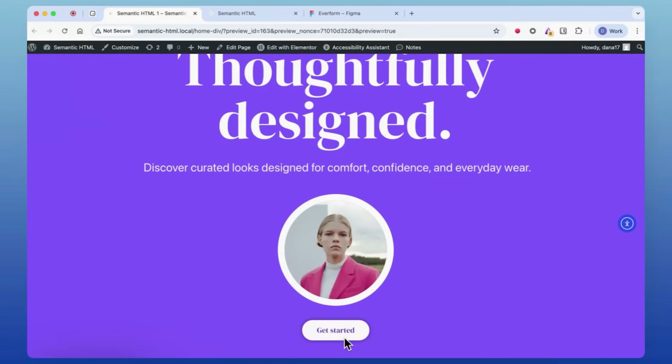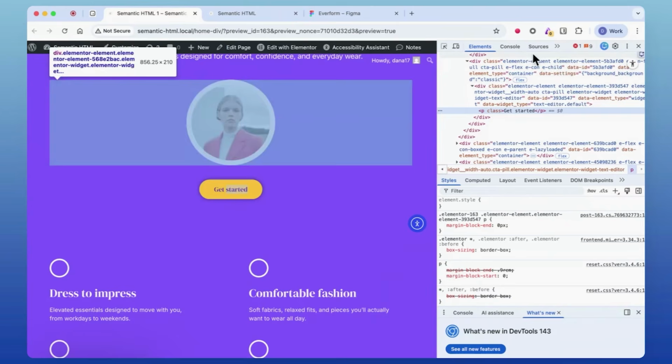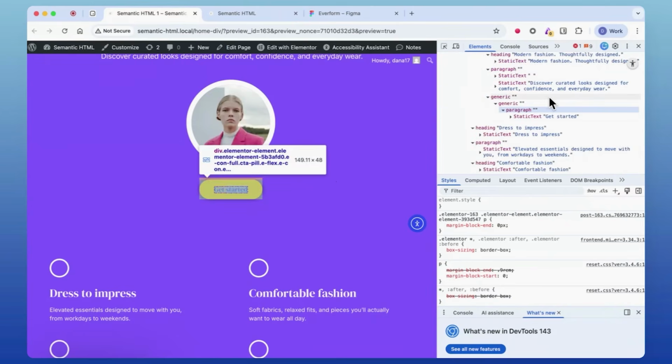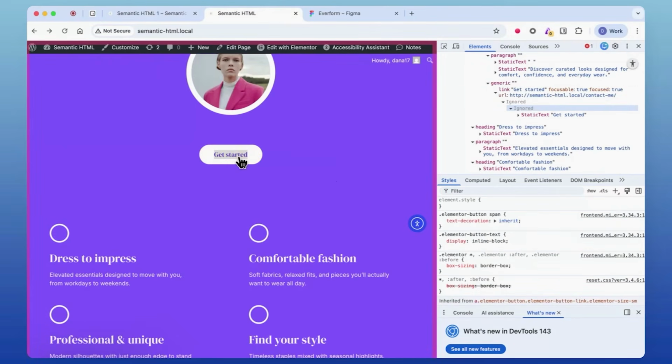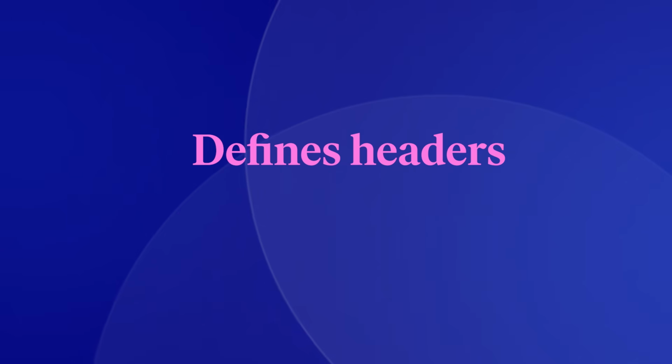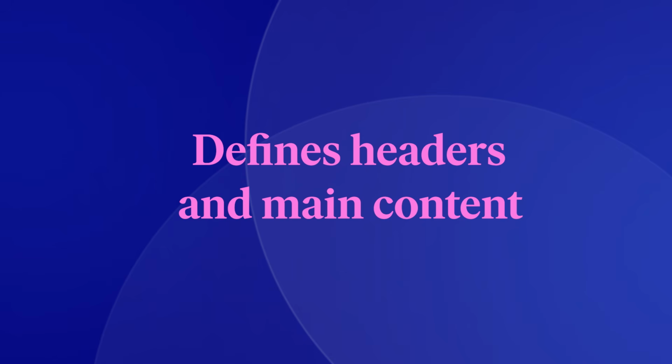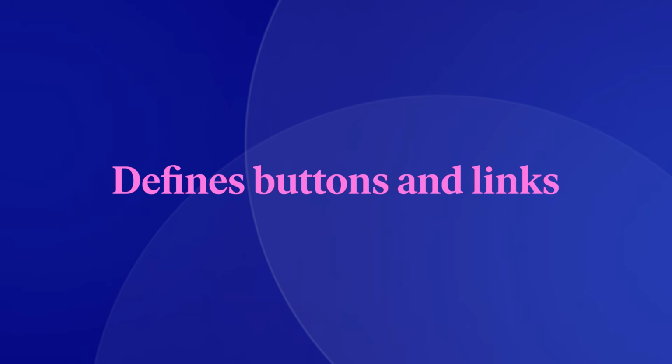What's obvious visually becomes invisible functionally, and if interactive elements aren't labeled correctly, people using assistive technologies might not even know that they can click or use them. This is what we call a semantic HTML problem. Semantic HTML means choosing elements based on what they actually are and not how they look. It does two jobs. It defines page structure, like headers and main content, and it defines interactive controls like buttons